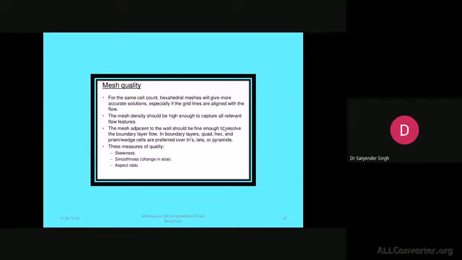And then we have the smoothness. If you are going to change the size as per the requirement, let's say there is a fluid flow over a flat plate, and then a boundary layer will be created. You have to capture the transition of the fluid near the boundary, where the fluid is interacting with the solid surface. Then it will be gradually increasing toward the center. So that change must be smooth, meaning it must be less than 20% compared to the earlier one. The size of the next grid should be less than 20% change as per the earlier one.